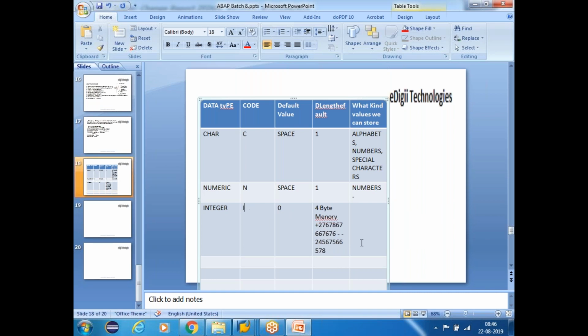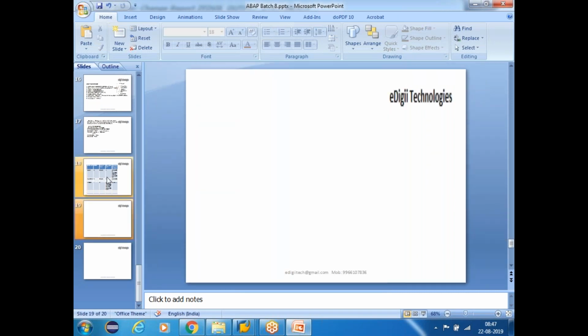And integer will accept negative values as well, both positive as well as negative values. Okay, so here it will store the numbers. It will store the numbers, guys. And next one is